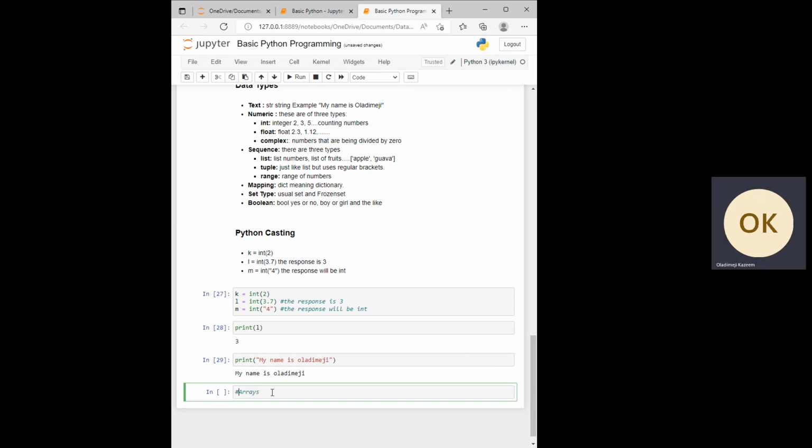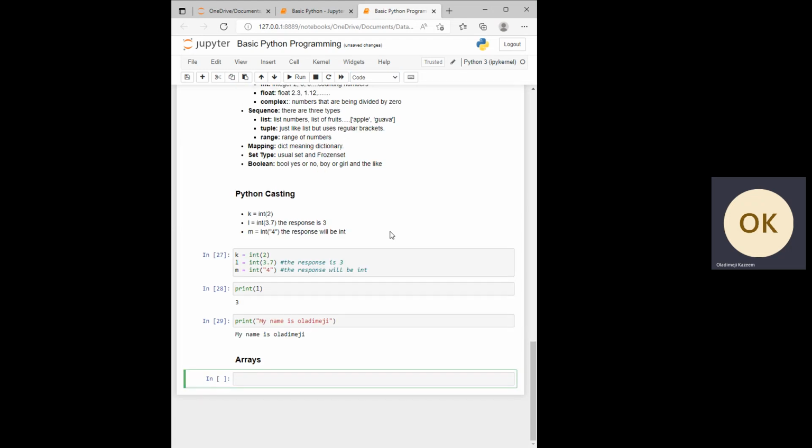Be very careful with arrays. Now, if I have a code of this nature,